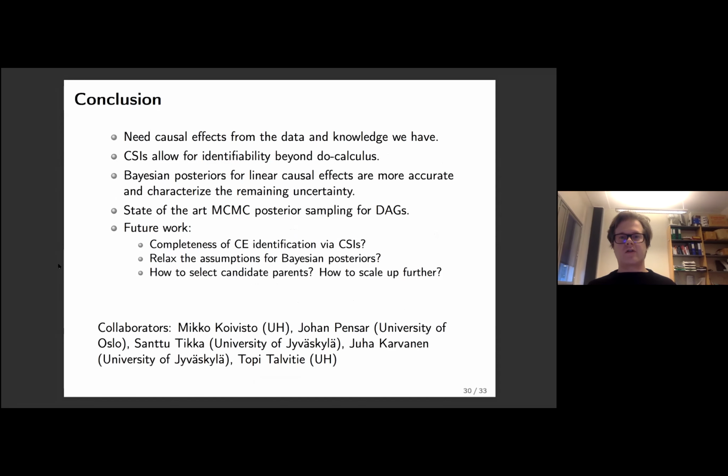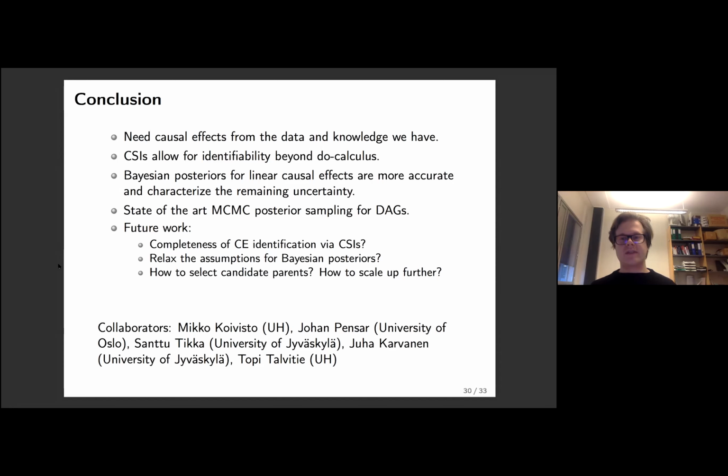And just to conclude, there is need to quantify the causal effects, and we need to do them from the data and knowledge we have. In the first paper, we showed that context-specific independencies allow for identifiability beyond do-calculus. And in the second approach, we showed that Bayesian posteriors for linear causal effects are more accurate and characterize the remaining uncertainty. Jussi presented the state-of-the-art MCMC posterior sampling approach for DAGs, and I would like to note that